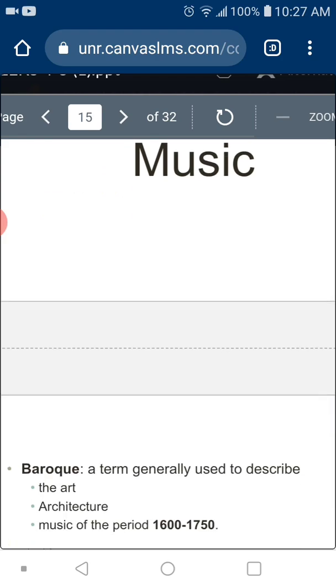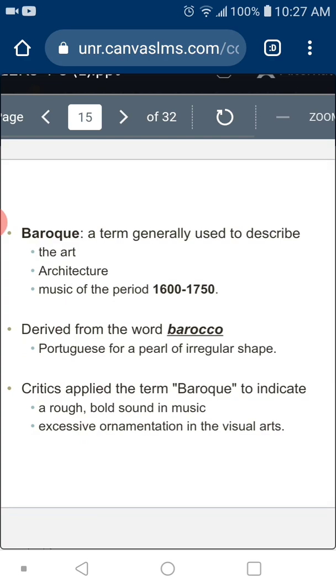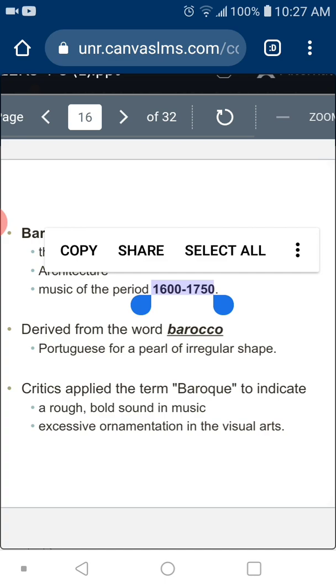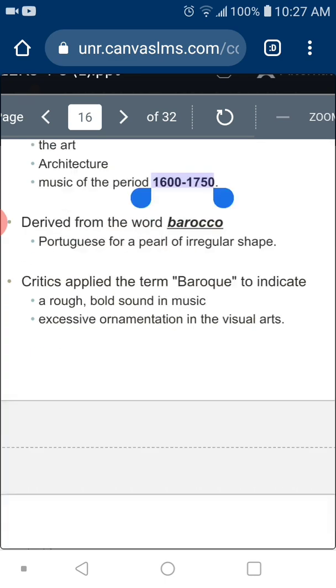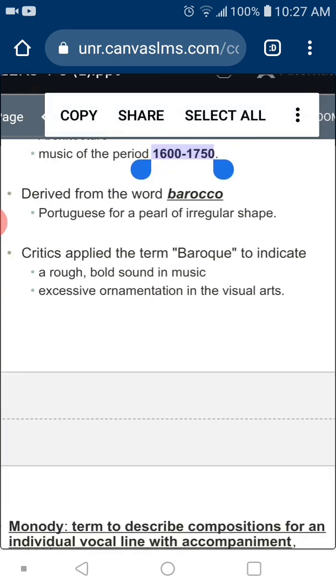The early Baroque period, I'm sure you heard about the Baroque as a term, which actually does not come from music history, but comes from art history. So there are different interpretations of what the word Baroque means. Roughly it is the period between 1600 and 1750. Some people believe it's a Portuguese term which refers to a pearl, but it's not necessarily true, so we don't really know where the word Baroque comes from.